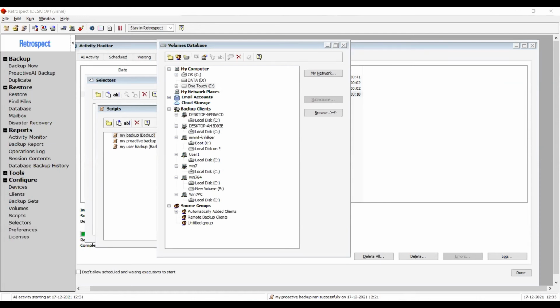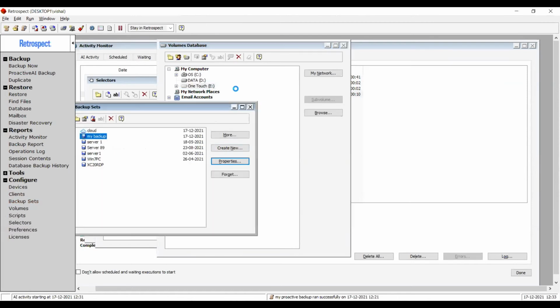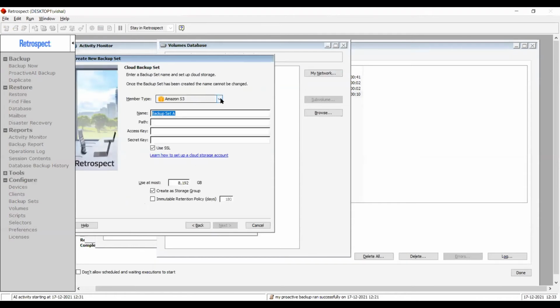Can we send backup to Google Drive also? Yes. Like I said, we didn't actually set up, but we were seeing how to set up the cloud backup. So we have multiple options here. If you want to use Google Cloud Storage, you have that option. In the same way you can use Microsoft Azure, Wasabi, Dropbox, and Backblaze. It's not limited to this list only. There is a bunch of other services that are also supported. Those are basically Amazon S3 compatible. For those services, you will choose the Amazon S3 option from this drop down.